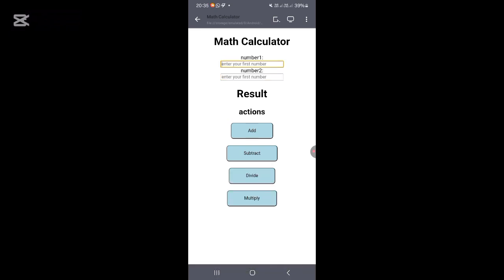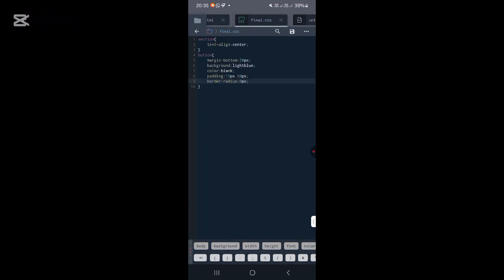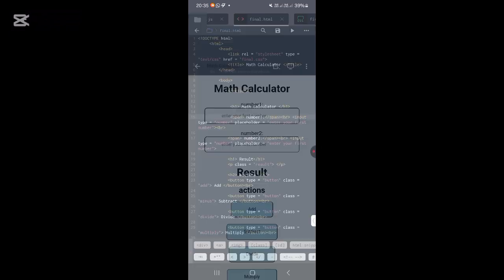Let's also make the input fields bigger and a little bit more attractive. So, inputs. I'm just grabbing the two input tags. I believe you can just copy paste this instead of rewriting it. Paste. So margin bottom 20 pixels, background light blue. Okay, we don't actually need background for this one. I don't want any background, but you guys can attach background. Color can be black, padding, border radius. And if we write this and run it, I think the numbers are quite